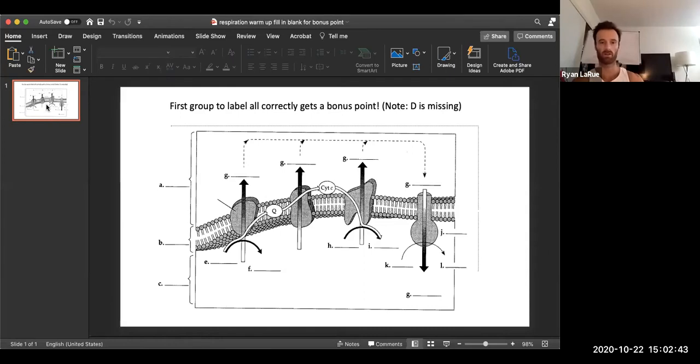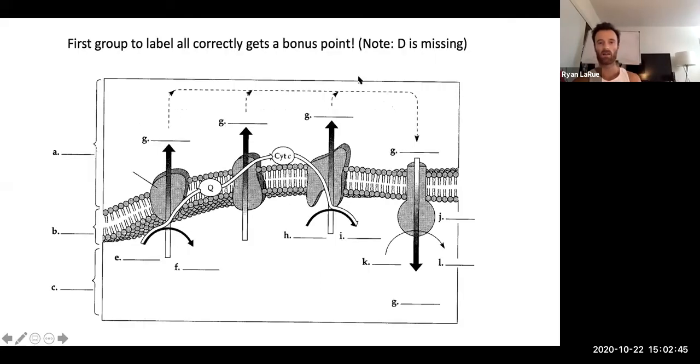let's do a warm-up. So in your notes, I want you to try and answer this warm-up activity on the electron transport chain. No bonus points, sorry. Usually in class, I make it a race, but